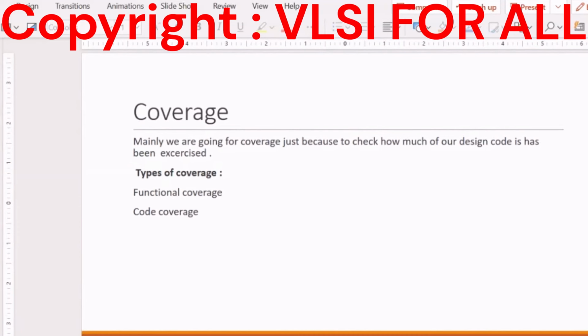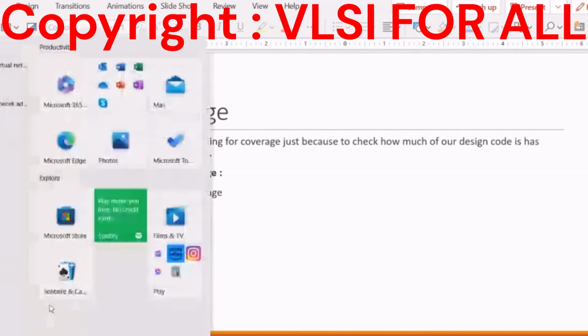Functional coverage means I need to verify the functionality of my design code in terms of coverage. So in functional coverage, we'll have the bins. Explicit bin we have, implicit bin we have. Let me explain. In implicit bin,